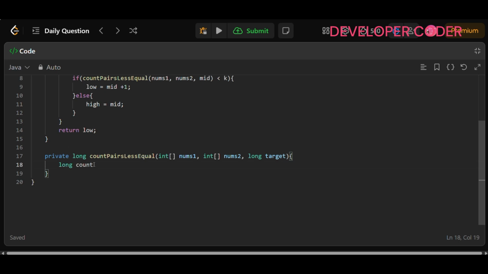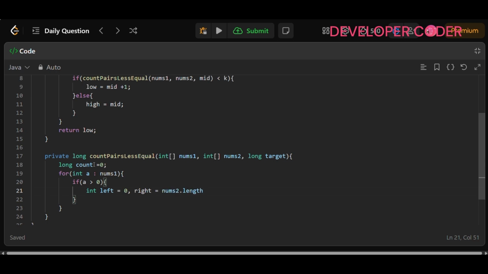Long count, okay, this is what we need to check. Count is equal to 0. So here we just iterate over all the values, okay. You can use for each in nums1. All right, and inside this you are just checking if a value is greater than 0, okay. So if this is the case, then you have to take int left is equal to 0, right is equal to